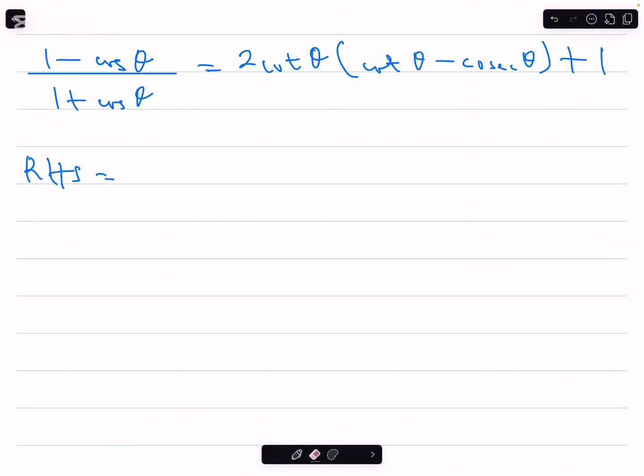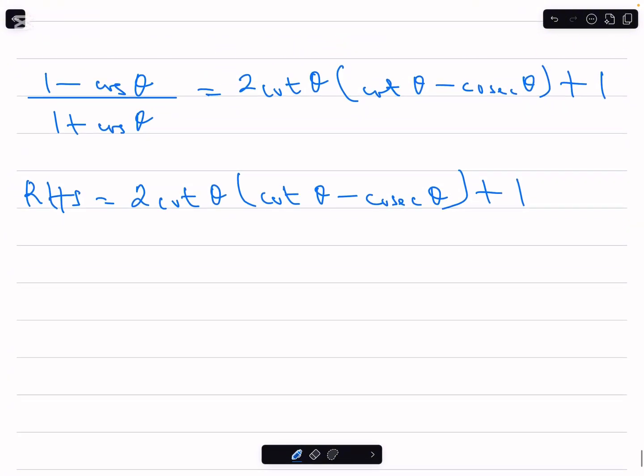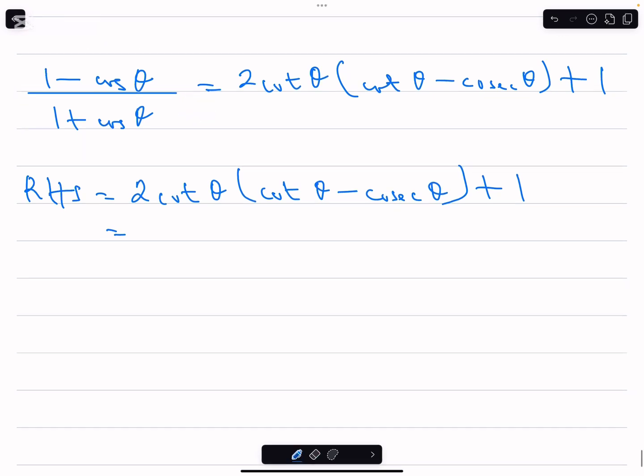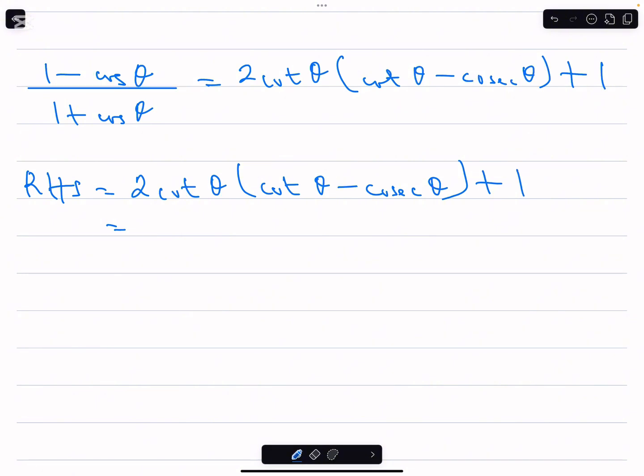Right hand side is 2 cot theta into bracket cot theta minus cosec theta close bracket plus 1. Now how do we show that that's equal to 1 minus cos theta over 1 plus cos theta? What do I do? Okay, let me write this as 2